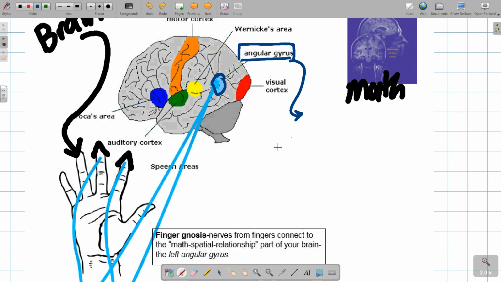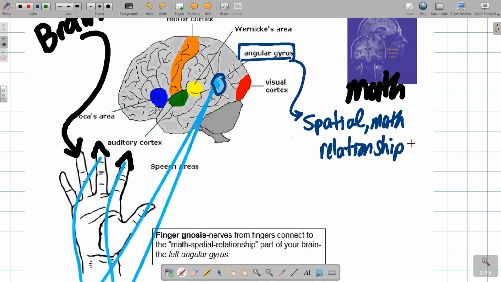So the more you're using your fingers to trace, draw, shade, scribble on stuff, the more that part of your brain is going to be activated, and you're able to perceive and receive proper input in order to relate with